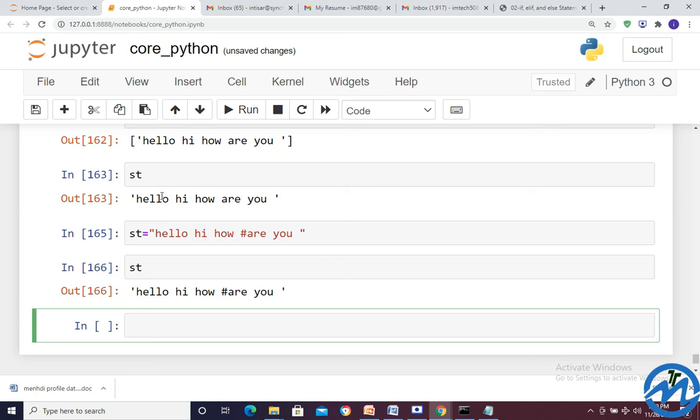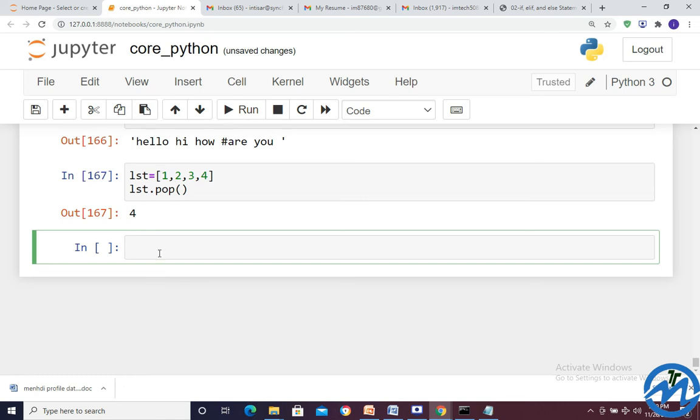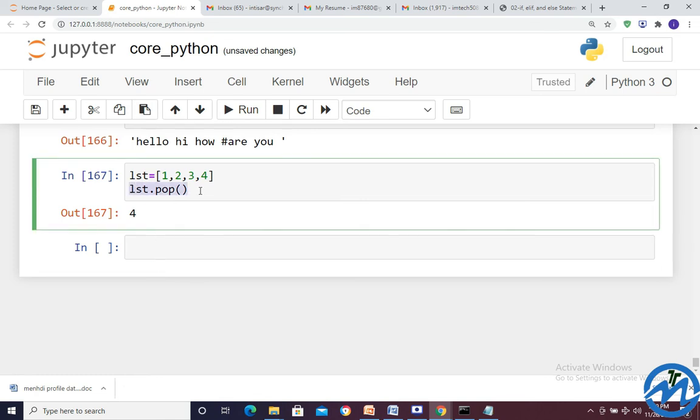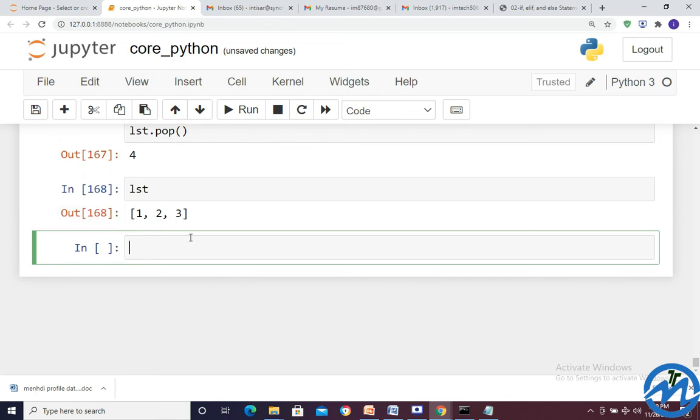And finally, we have some more things. Suppose I have written lst is equal to 1, 2, 3, 4. Here we call lst dot pop. Enter. 4 we have here. This last data has been popped out. lst, enter. So 1, 2, 3.